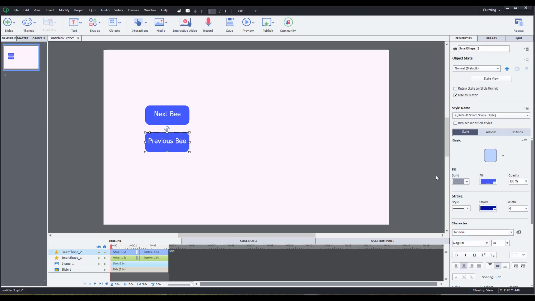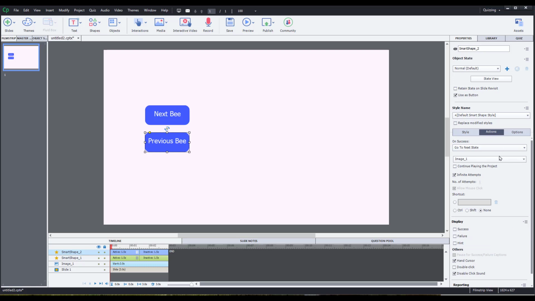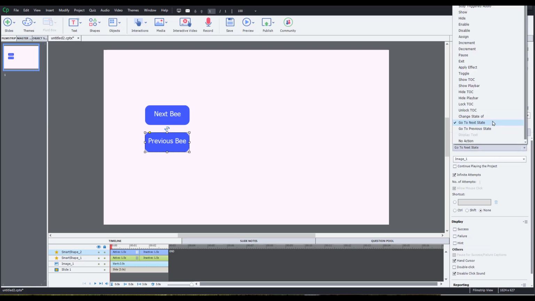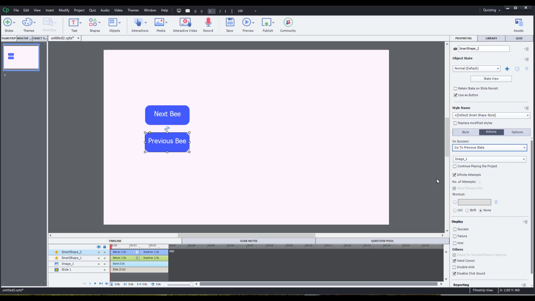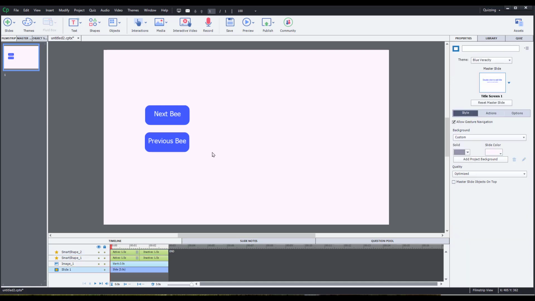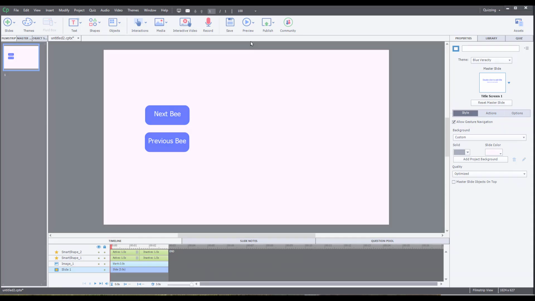Okay, previous B though, the action for this, of course, should be that we want to go to the previous state. Now, if that's all I do and leave it there, we have these two buttons. Let's go ahead and take a look to see how this works. I'm going to preview this now. And when I do,